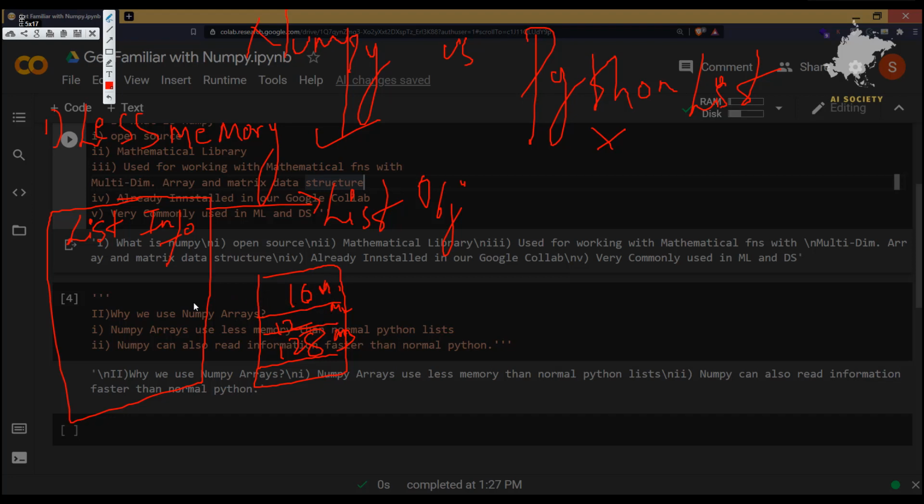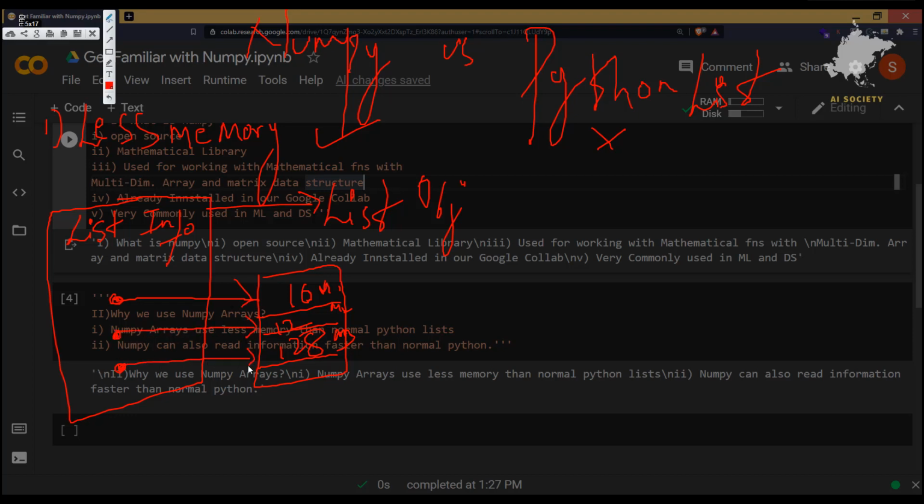Now whenever you create a list of elements, say 16, 12, and 128, it is not creating a new space for them. These elements are not part of the list object. What it is doing is just pointing towards them.